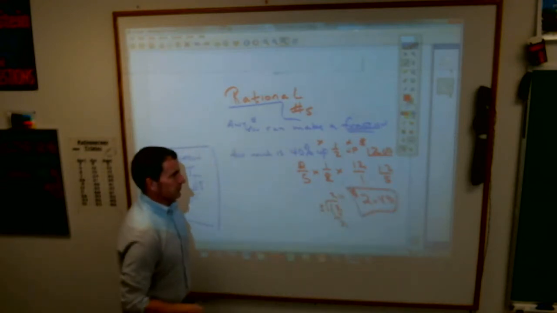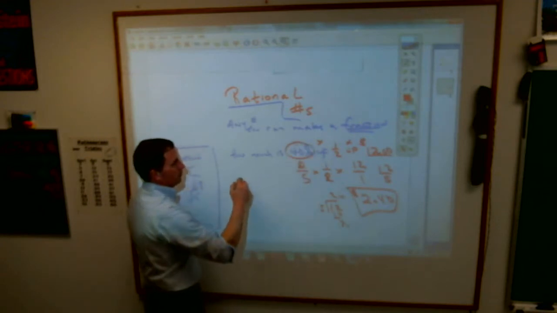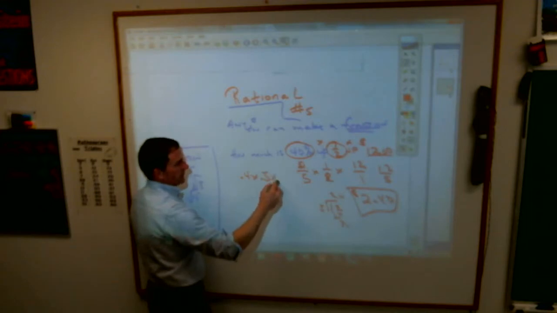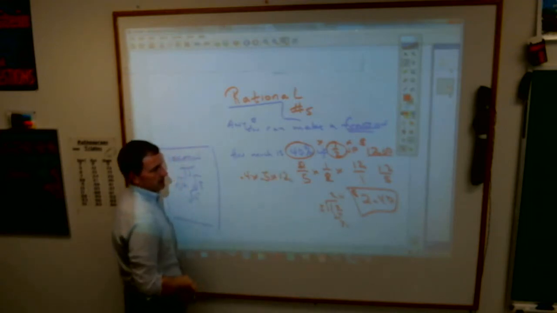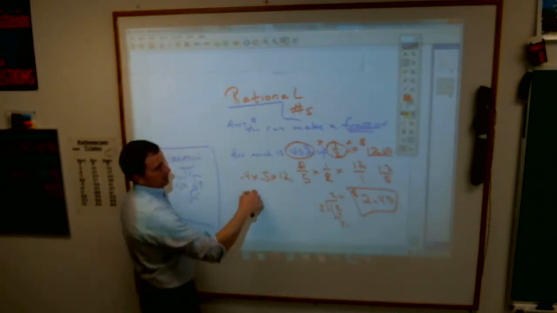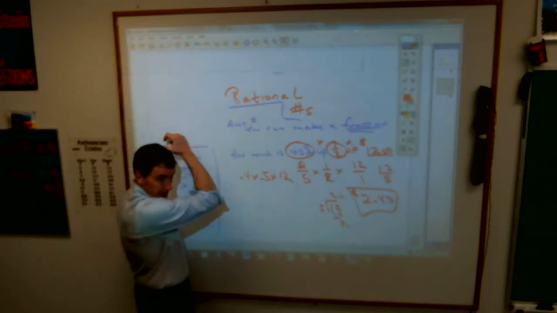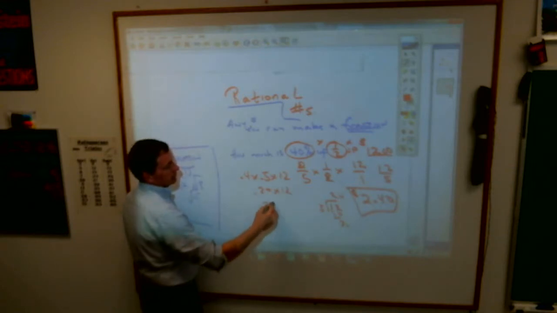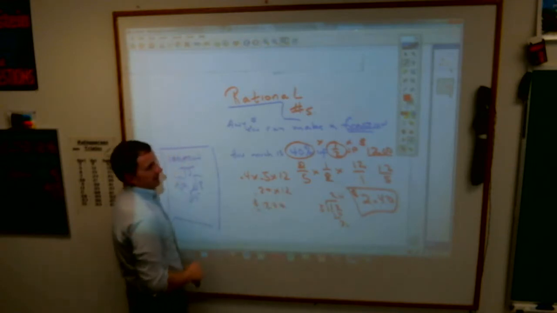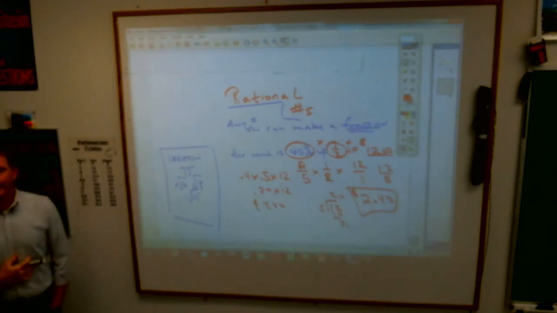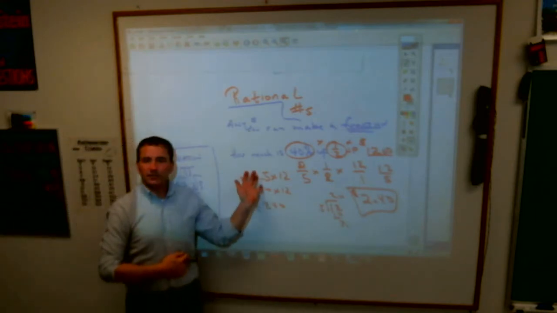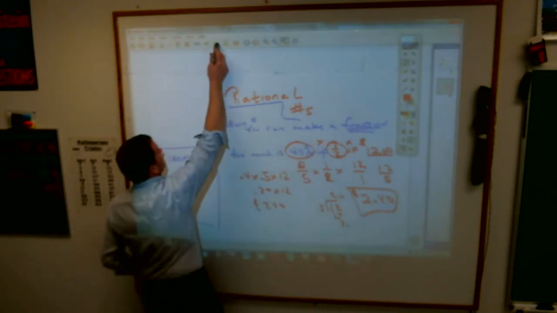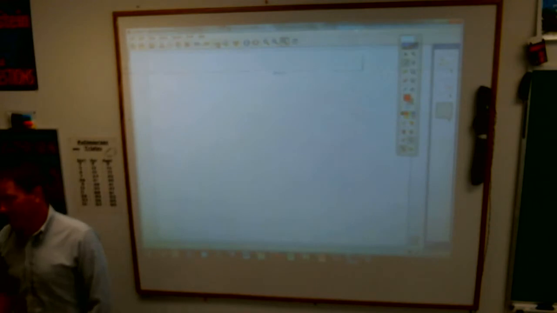Yes, you could do decimals. If you did decimals, you'd have to go 0.4 times 0.5 times 12, which will still give you the same thing, because 0.4 times 0.5 is 0.20, times 12, which is $2.40. In this case, it doesn't matter, and I couldn't tell you you picked the wrong way. If you wanted to do it as a decimal, I would say that's fine. If you wanted to do it as a fraction, fine. However, when you come to one that looks like this, you don't have many choices.